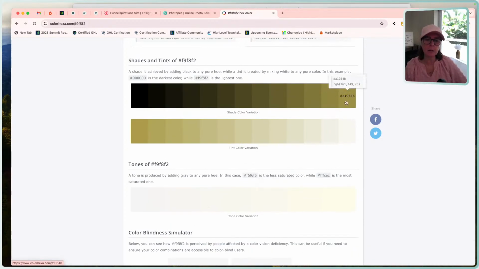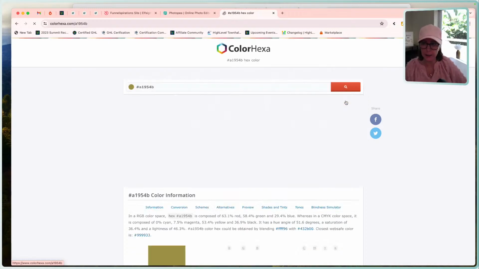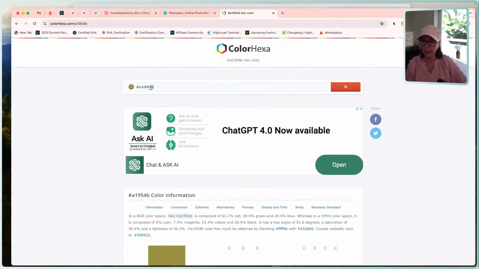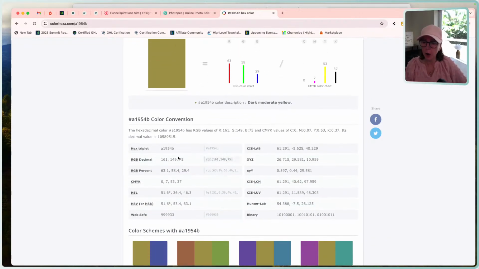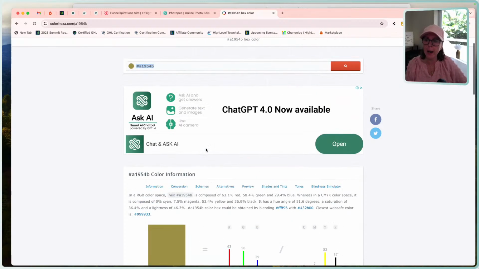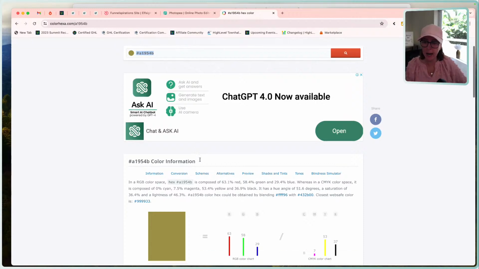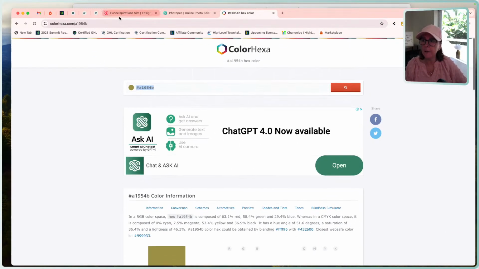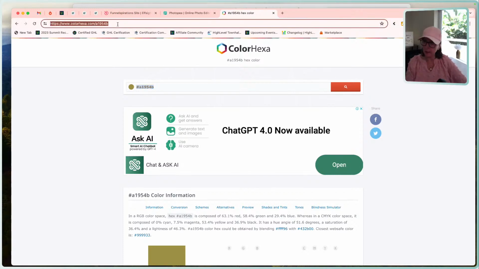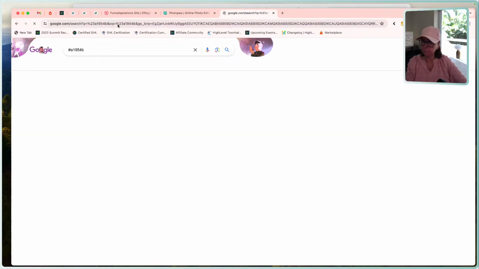So this one looks like it might work well as a call to action color or a link color. Again, I'm just going to guess. So if I click on this, it opens this one up and I'm going to grab this. Now, the reason you also want this is because it's also going to give you the RGB, which you're going to need every once in a while. So that's why I always add it in with a hashtag. And I'm like, oh, great, I can jump over and grab this RGB. If I just paste this in now in the browser,